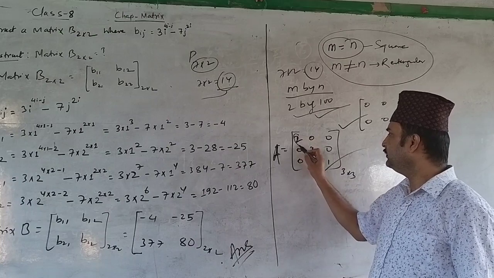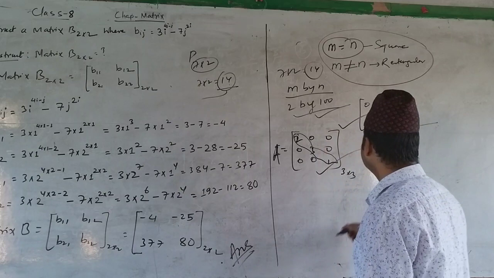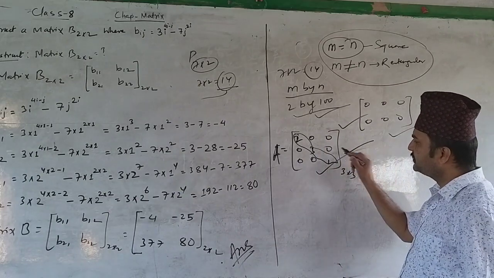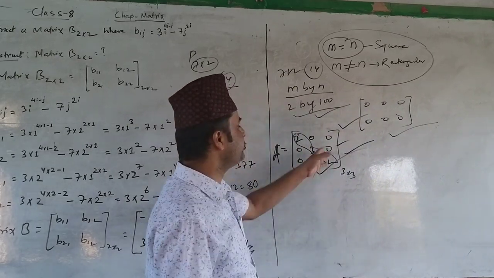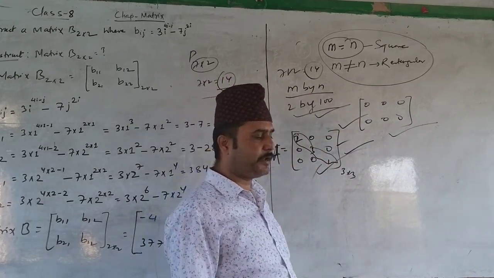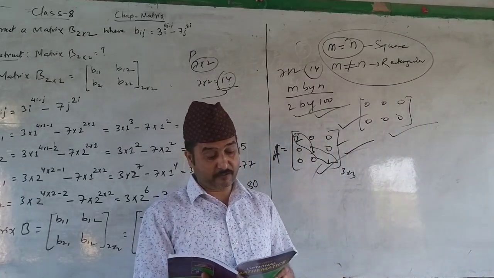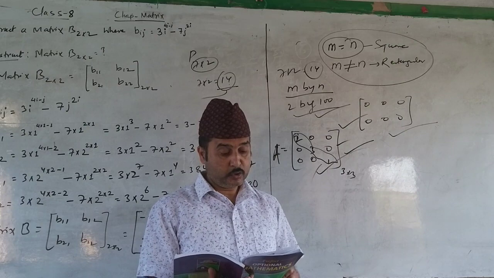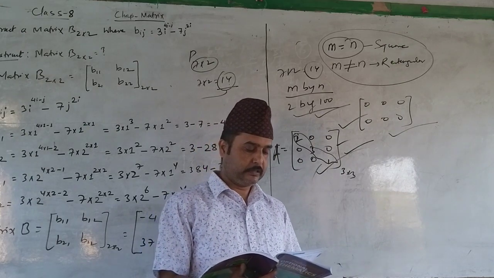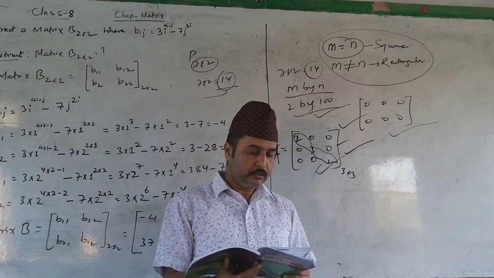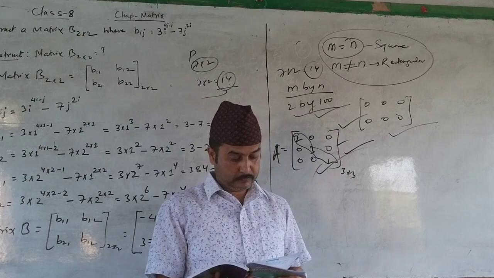It has diagonal elements. If it doesn't have them, it is still a diagonal matrix. It is a square matrix whose elements above or below the principal diagonal must be 0. So this is an example of a diagonal matrix. You see and identify which matrix is a diagonal matrix. First of all, to fulfill the requirement, it must be a square matrix. If it is rectangular, it cannot be a diagonal matrix. Okay, go forward.